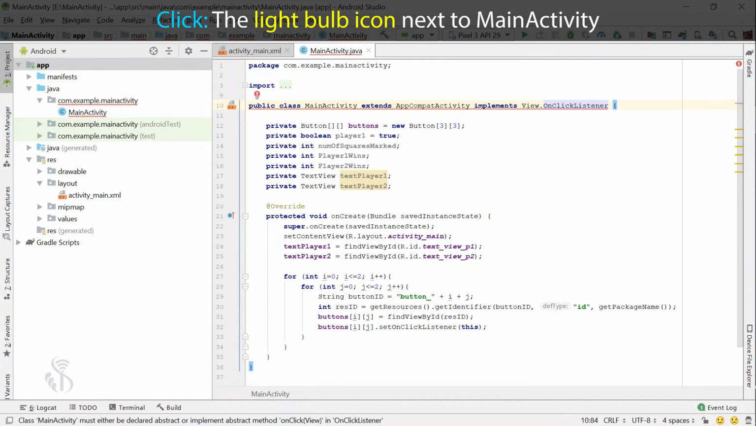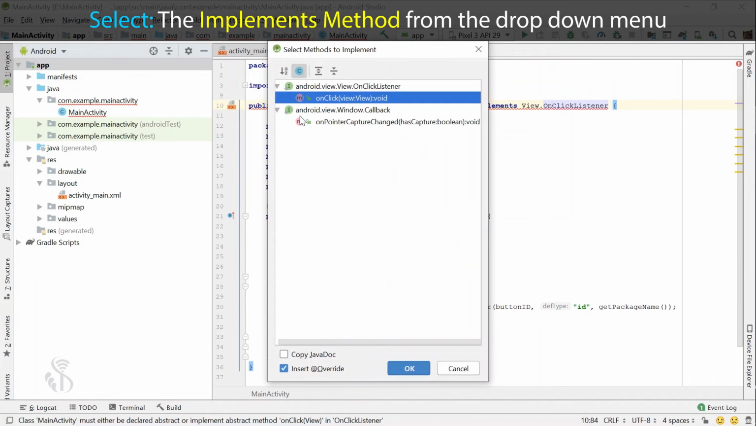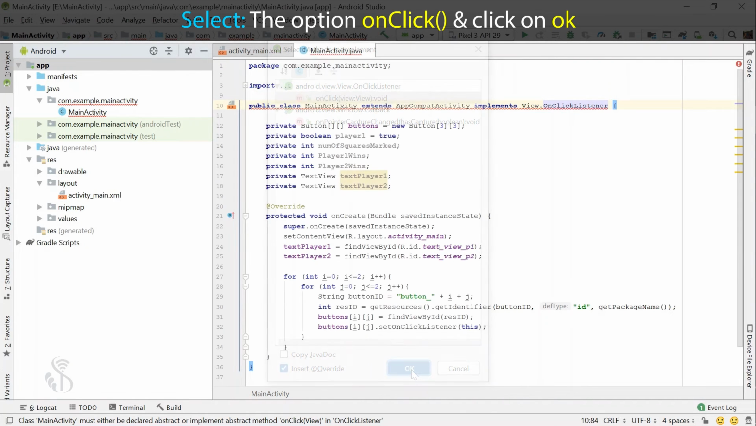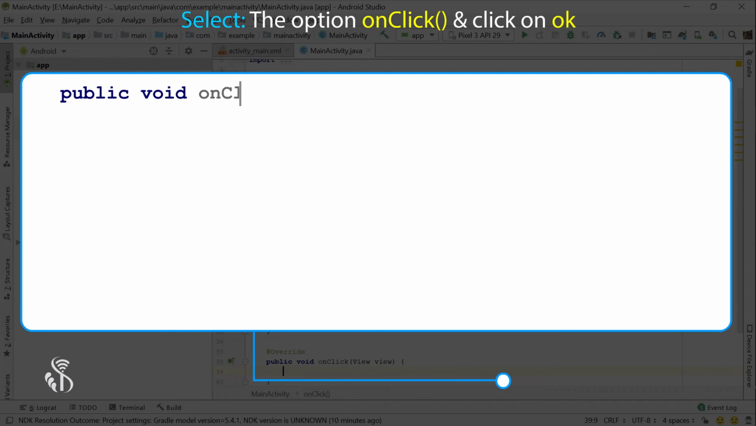Click on the light bulb icon next to MainActivity. Select the option Implement methods from the drop-down menu. This dialog box will be displayed. Select the option onClick() and click on OK. Android Studio will create the function onClick() for you. public void onClick(View view) {